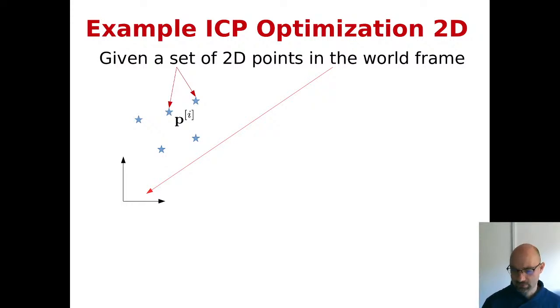Okay, so let's restart. We start from the famous ICP. And so, ICP into D. ICP into D is, we have a set of points. We know where these points are. Okay? Well,